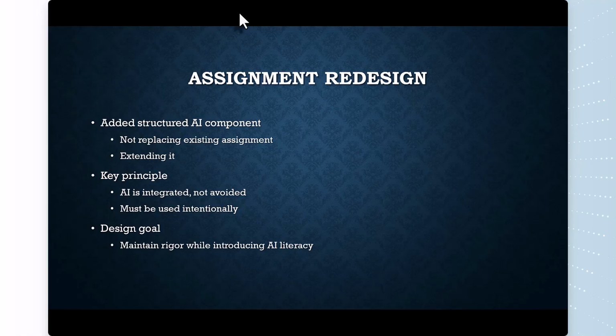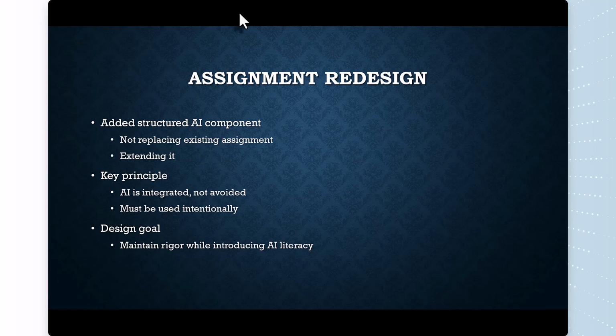So I performed an assignment redesign where I added a structured AI component. I did not replace the existing assignment. I kept the original assignment where they had to do it on their own, but I extended it. My key principle was that AI is going to be integrated, not avoided.